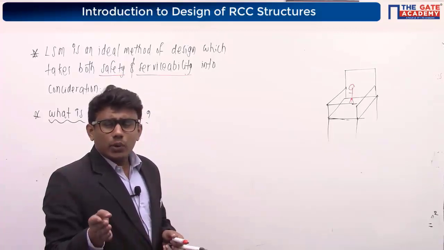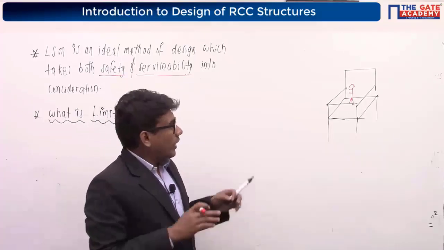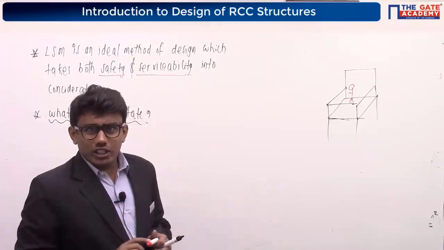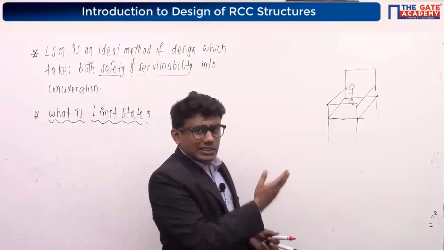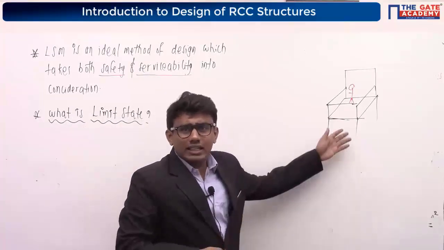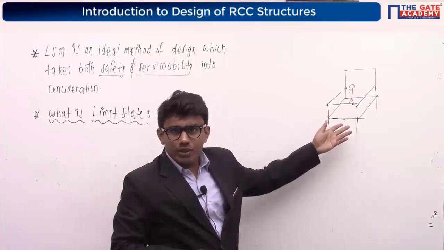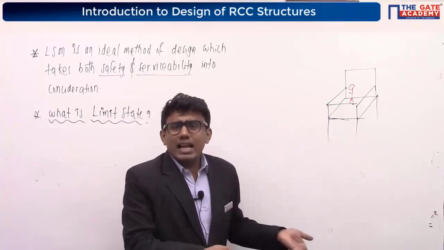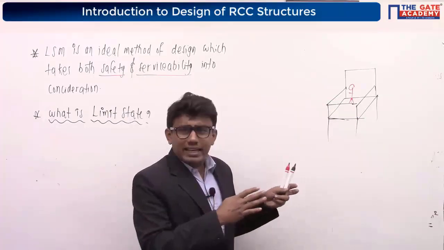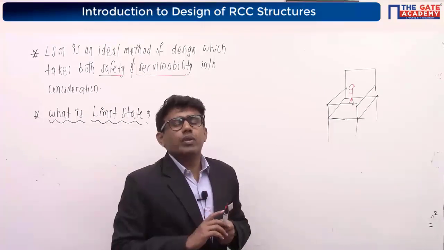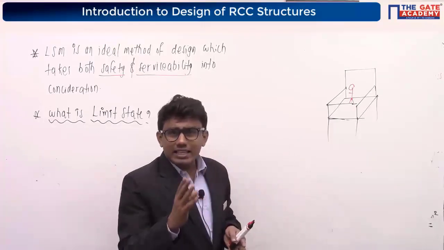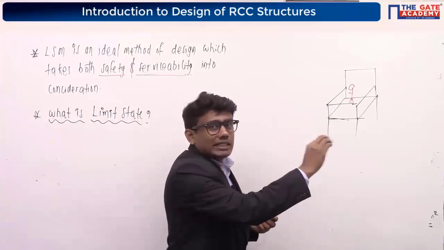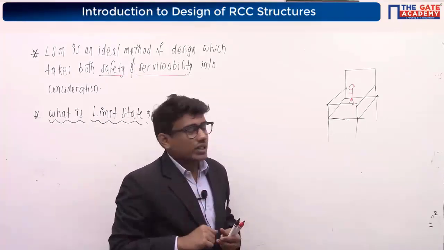But suppose two more persons are joining, and suppose the weight of each person is 100 kilonewton or 100 kilogram. Suppose two more persons are sitting on this chair. Suppose one more person is coming. Will the chair take it? The chair will take that load also. Suppose it can carry around 5 persons load, that means 5 persons can sit on this chair at a time. That's the meaning of it, right?